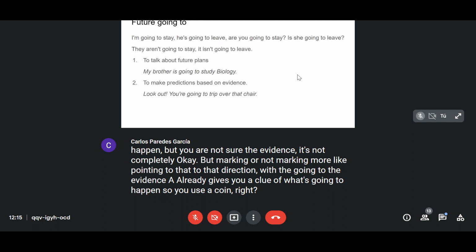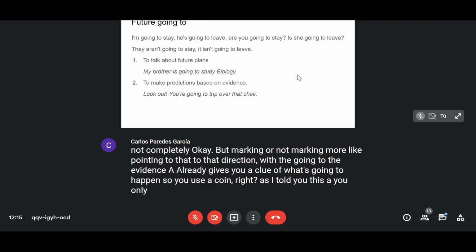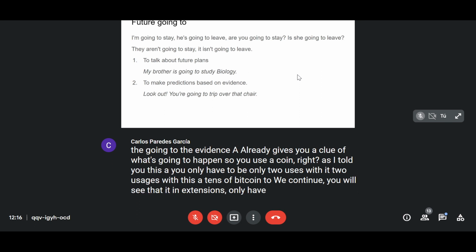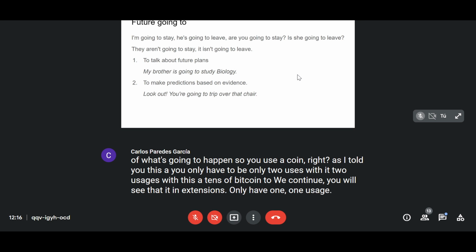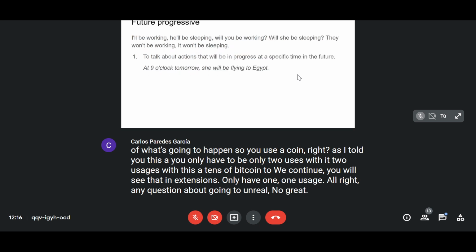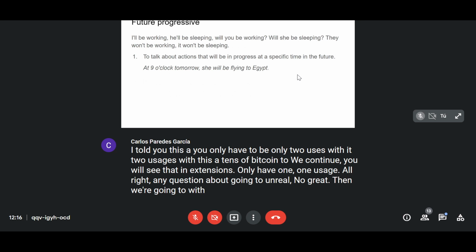As I told you, you only have two usages with this tense, with going to, and as we continue, you will see that the next tenses only have one usage. All right. Any question about going to and will? No? Great. Then we go to the future progressive, and